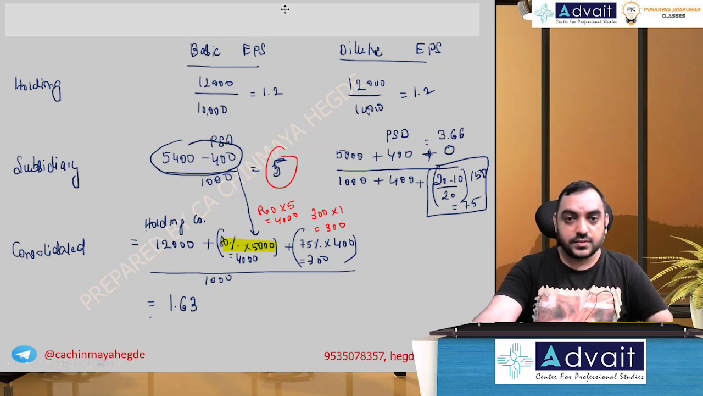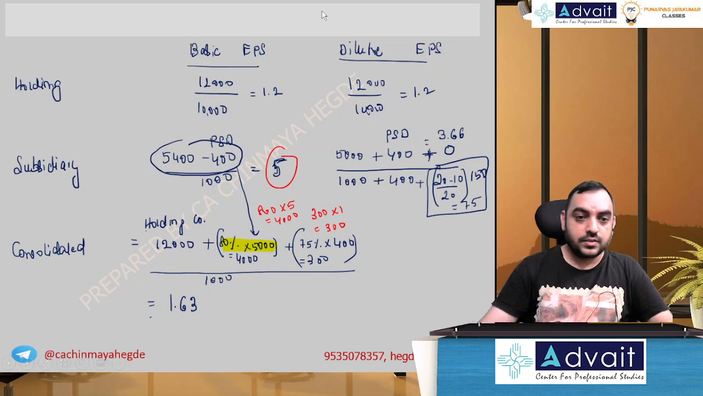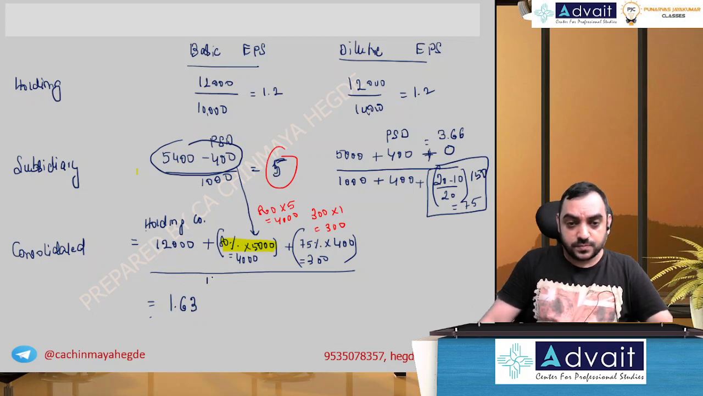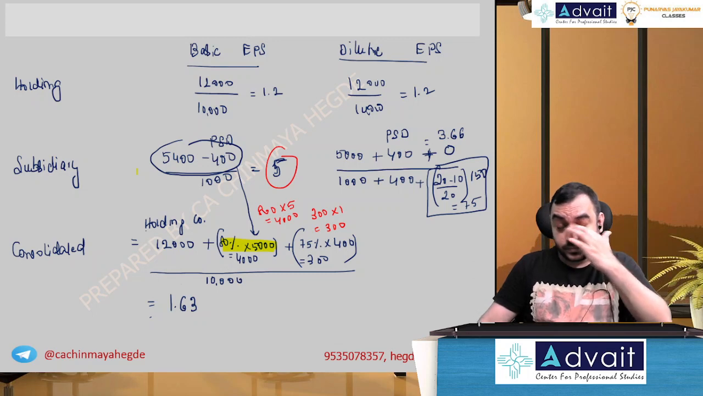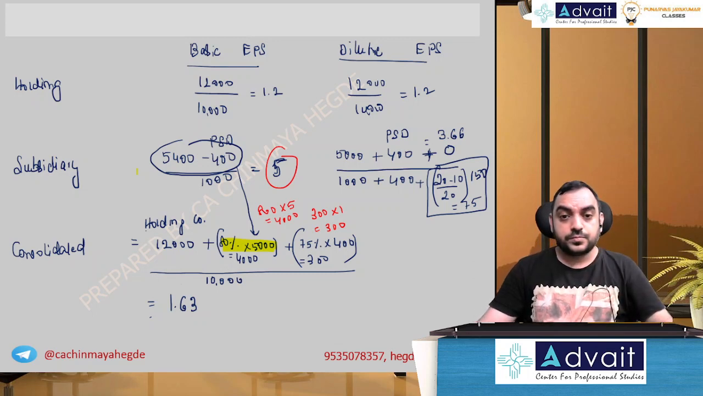10,000 shares, consolidated 10,000 shares, correct. I hope 1.63 is correct. Yes, 1.63 is correct. So here what I'm going to do, when I'm computing the dilutive EPS of the group,